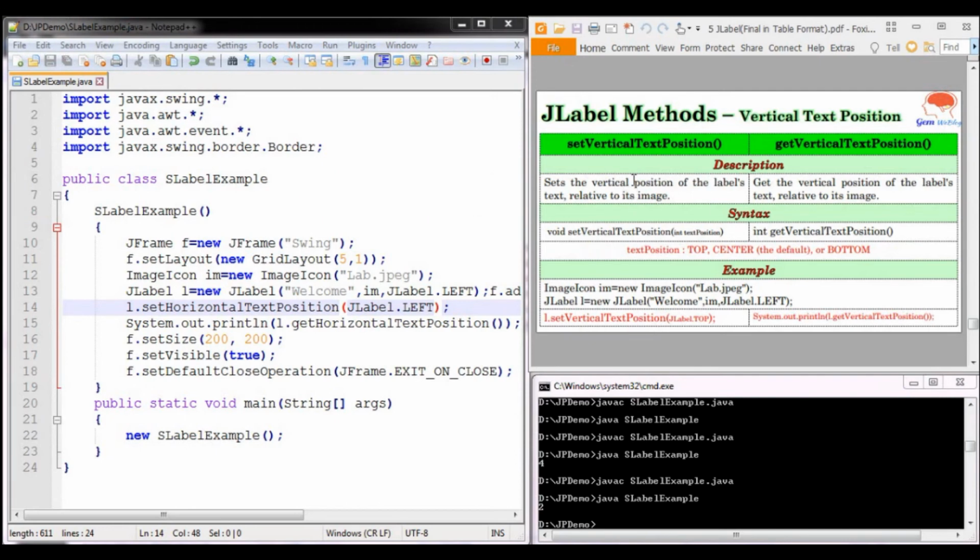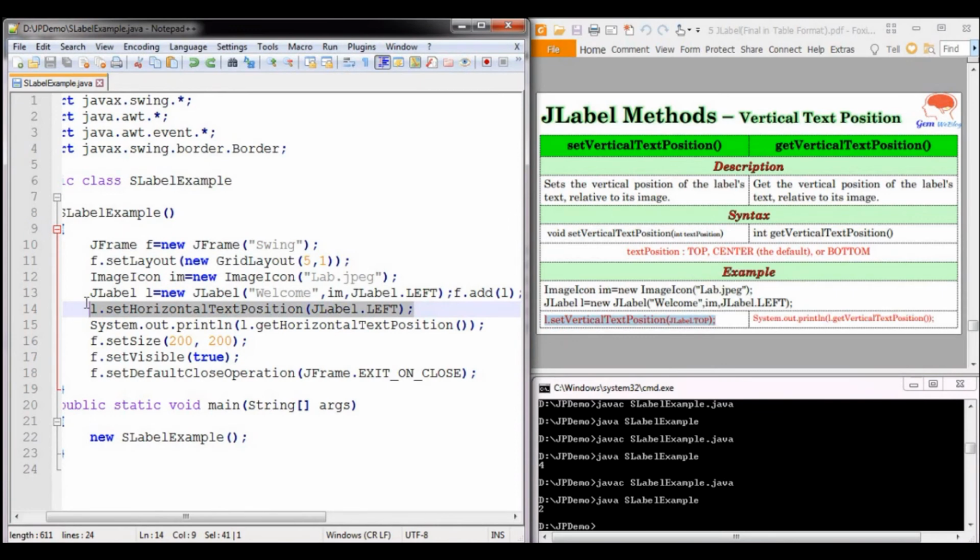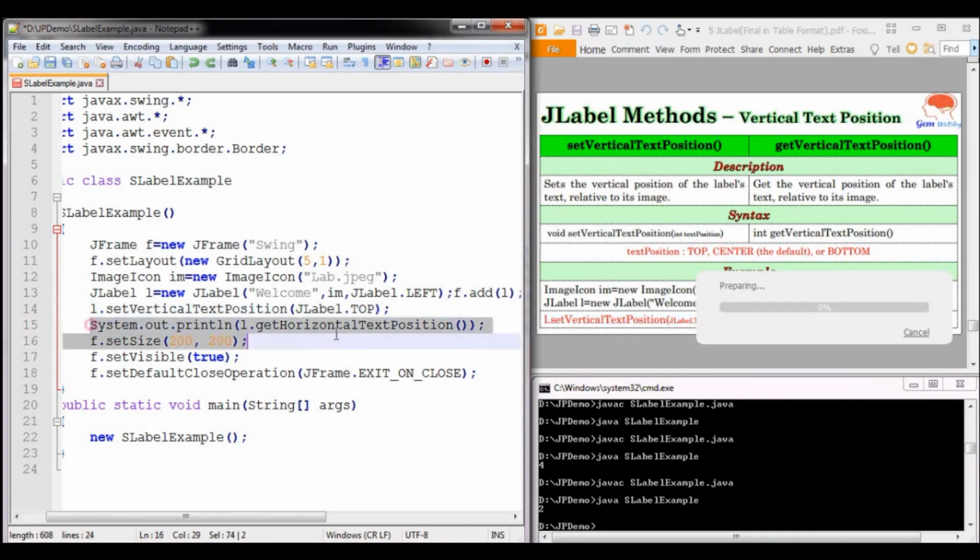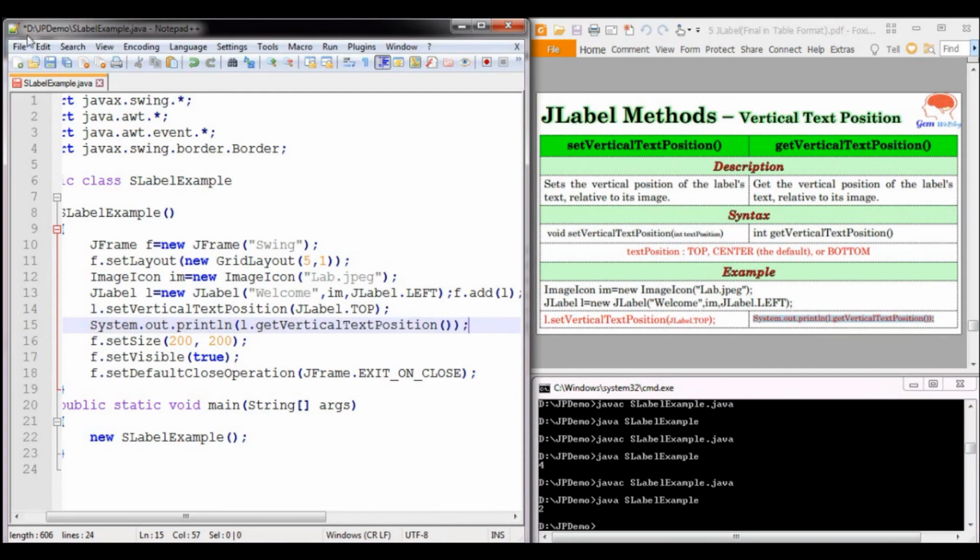In the same way, we are going to align the label text with respect to the images vertically: top, bottom or the center. For this, setVerticalTextPosition is used, and getVerticalTextPosition will extract the position that has been set. Now we are going to set the vertical position to be top, and whatever has been set, we are going to extract it and display it on the console.